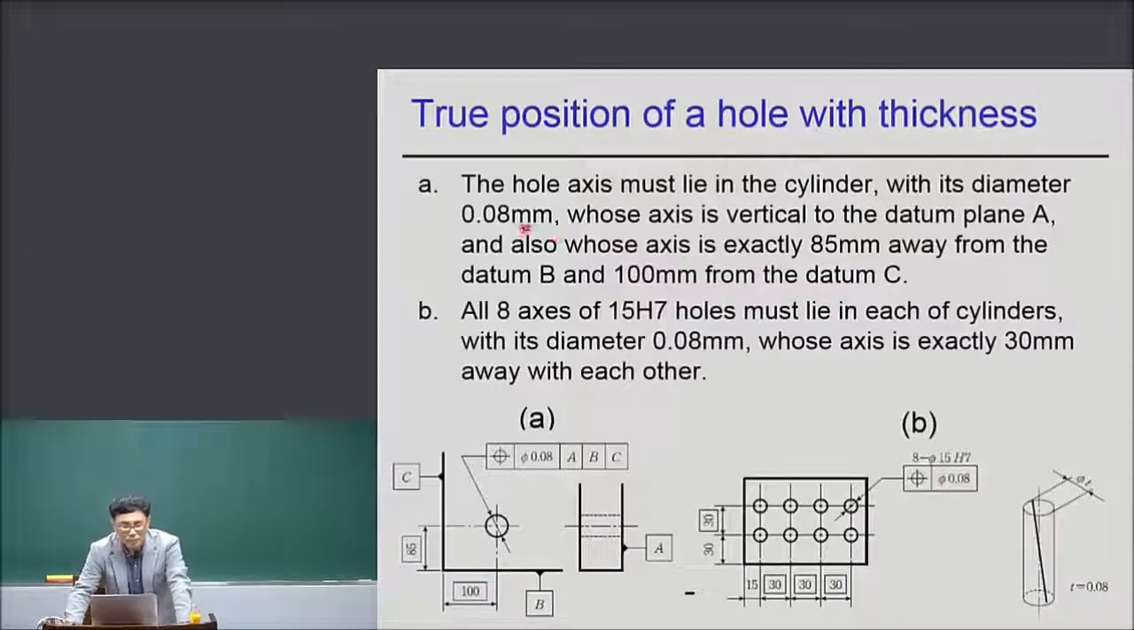The diameter is 0.08 millimeter, and whose axis is vertical to the datum plane A, okay? And also whose axis is exactly 85 millimeter away from the datum B, and 이거 처음부터 다시 하자. 여기서부터. Okay. 요 슬라이드 다시. Alright, so now